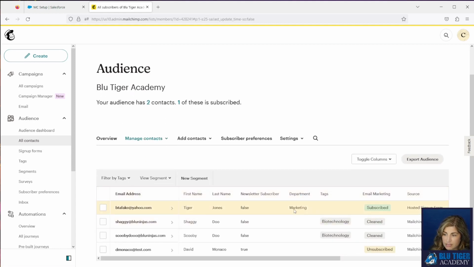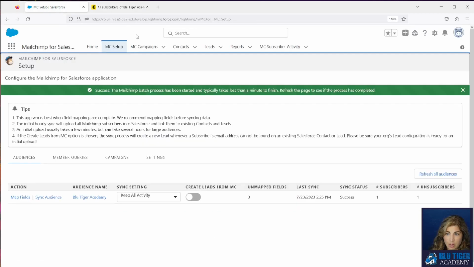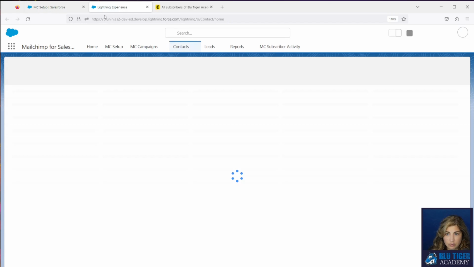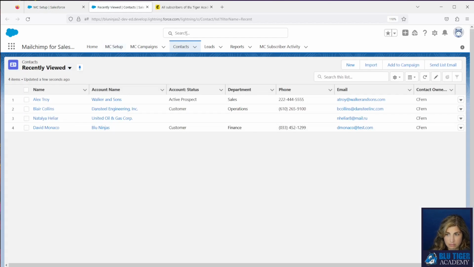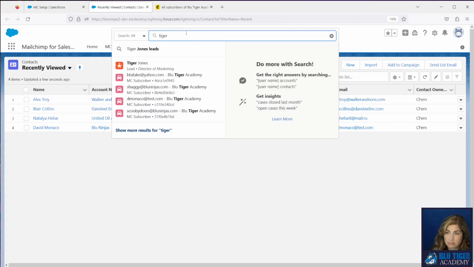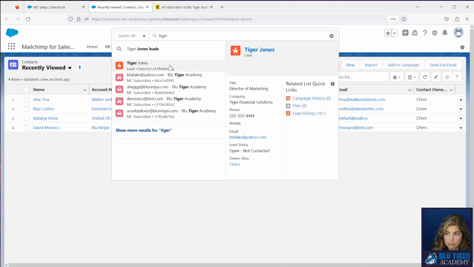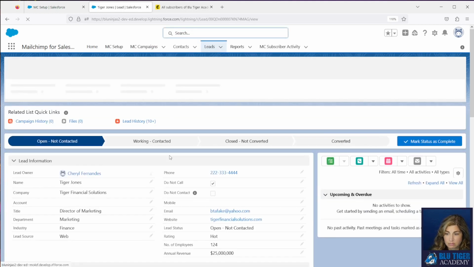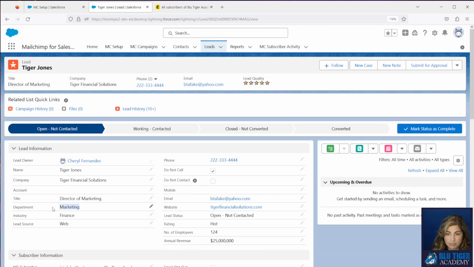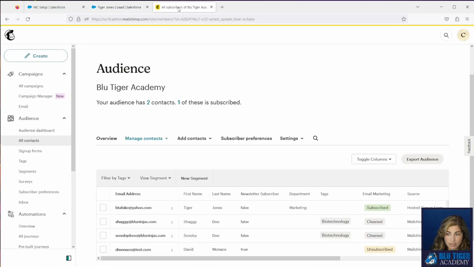And now I can see my department column here, and Tiger Jones has a department of marketing. So let's hop over to here and let's look at Tiger Jones and just make sure Tiger is in marketing. So yep, all set. Okay, so department synced over properly.